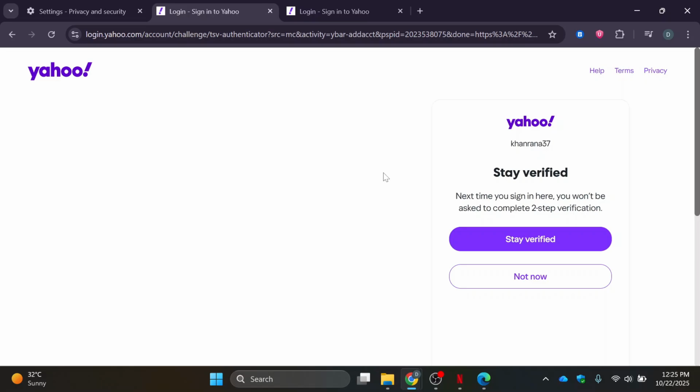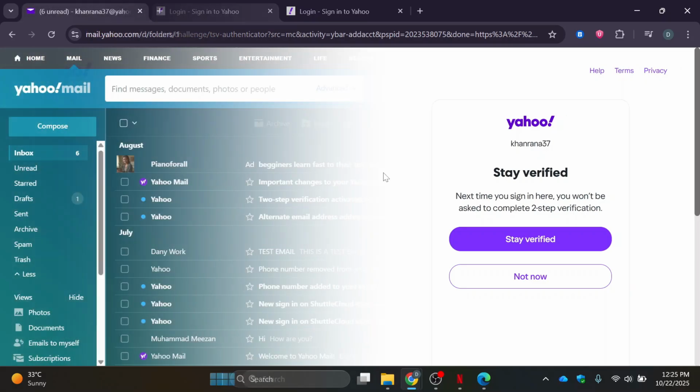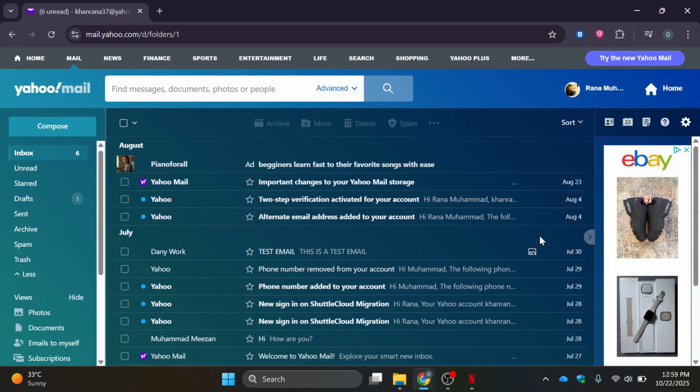Once you've tried these steps, go ahead and attempt to log in again. In most cases, clearing the cache, checking your credentials, and ensuring a stable connection will solve the issue instantly. And that's all there is to it. By following these quick and effective troubleshooting steps, you'll be able to fix your Yahoo Mail login problem and get back to managing your emails